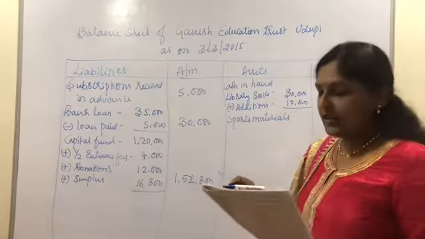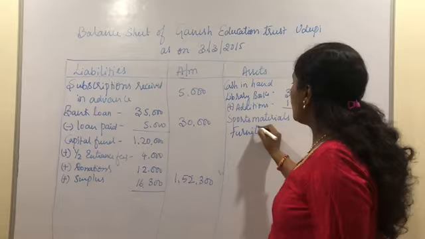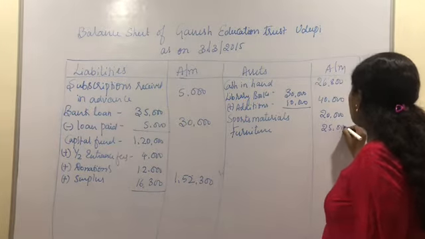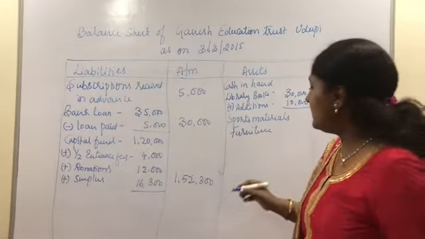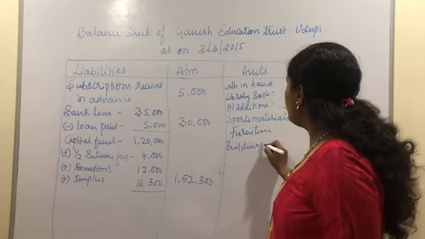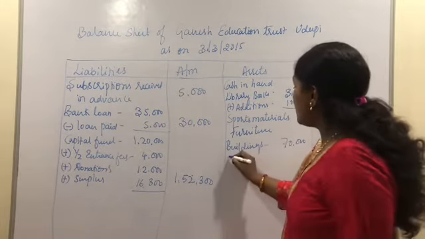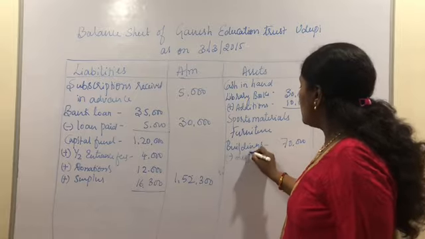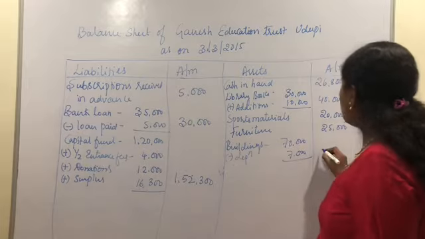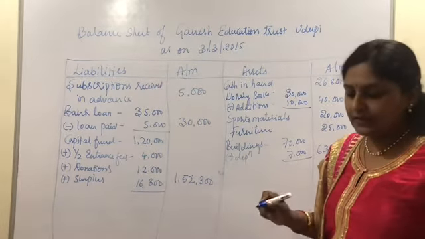And then we have the furniture. Again, there is no adjustment related to the furniture, so we can write the net balance as it is in the outer column, which is 25,000. After that, we have buildings, and we have depreciation on the buildings. So we can record the balance of buildings in the inner column, which is 70,000, and 10% depreciation we have already calculated, which has amounted to rupees 7,000, and in the outer column the balance will be 63,000. This is the net balance of buildings.